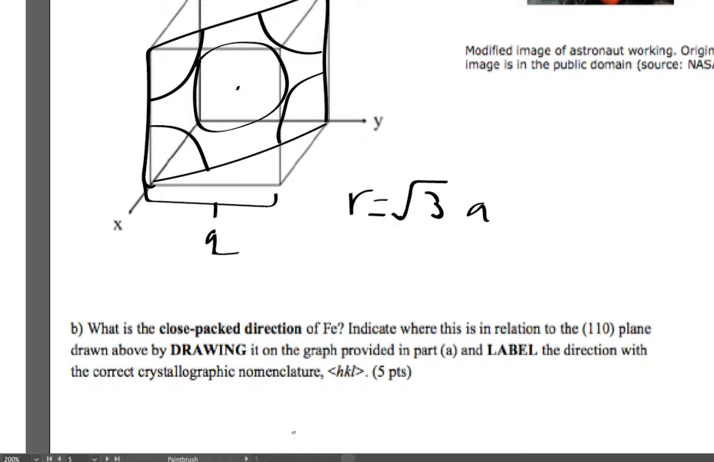Which is the close packed direction? The close packed direction here would be this one here. This one here is pretty close packed. This one here is also pretty close packed, because all of them are actually touching each other, which is basically why this guy is that guy. So yeah, the direction here would be